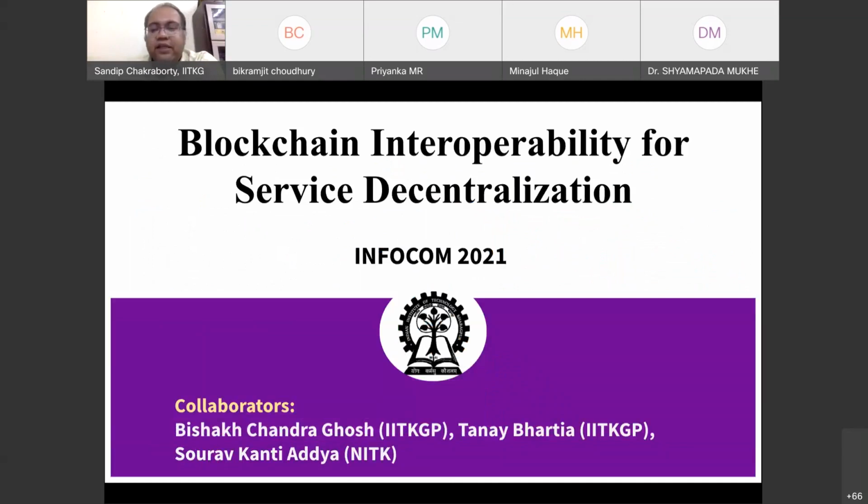So till now, what we have seen is the HTLC, or hash time lock contract, that was used to transfer assets from one open or permissionless network to another. Then the relay-based data transfer or collective signing-based architecture was used to transfer data between two different permissioned networks. And now we are going to see an architecture that you can use to transfer information from one permissioned network to another permissionless network. So it is between two different classes of blockchain networks.